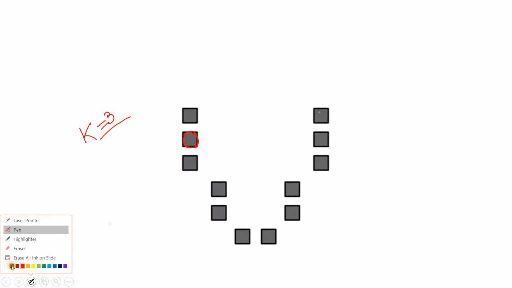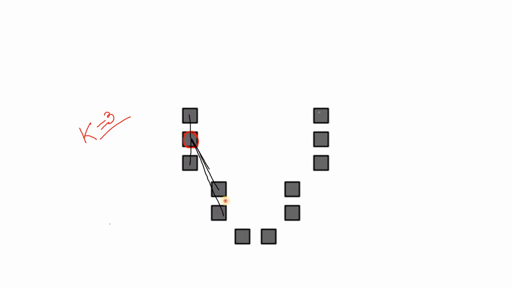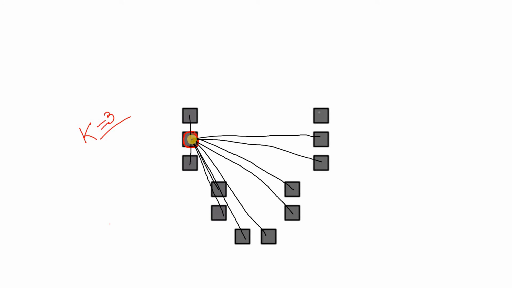Next, we will compute the distance between every data point and this cluster. We will compute this distance, this distance, and this distance, and so on for all the data points. That distance, based on your algorithm choice, may be Euclidean distance, Manhattan distance, or Hamming distance if you are working on text or string related data, whatever.